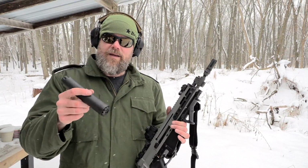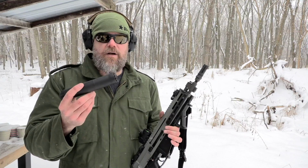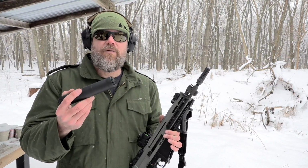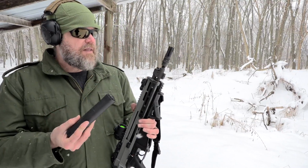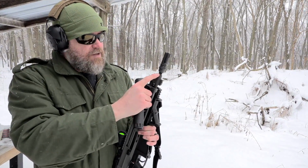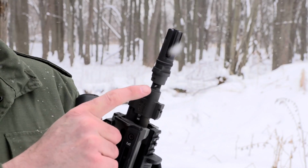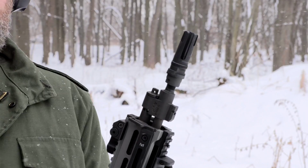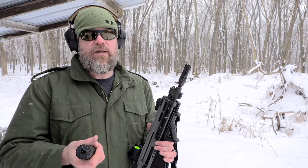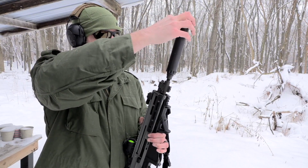In my pocket, I have the Griffon Armament Paladin suppressor. This is a really cool suppressor. It is intended for 30 caliber rifles, but you can also use a 30 caliber can on a 5.56. I'm doing that because if you take a look at the muzzle, you'll notice that there's quite a bit more thread than what I have available to me on the muzzle device, and the end of the barrel is butting up against the inside of the muzzle device, and it's not perfectly concentric to bore. So I'm using a 30 caliber can that gives me a little bit more leeway so I don't get a baffle strike. The Paladin uses a coarse thread pitch